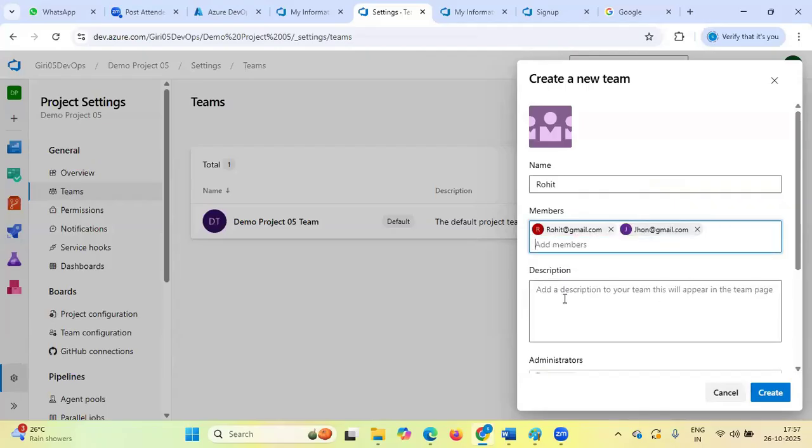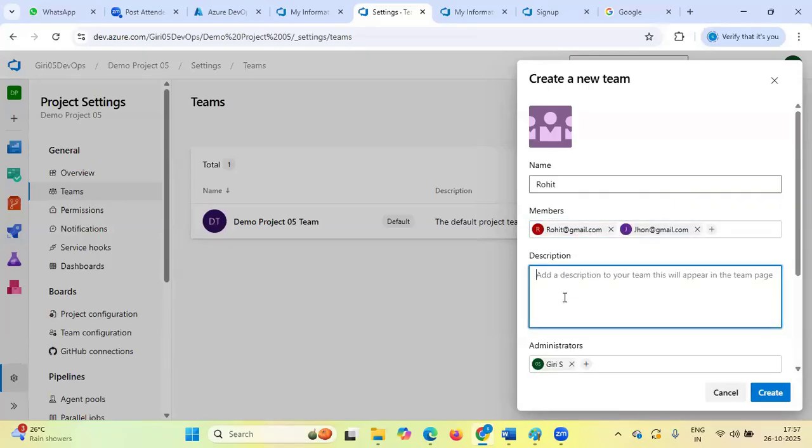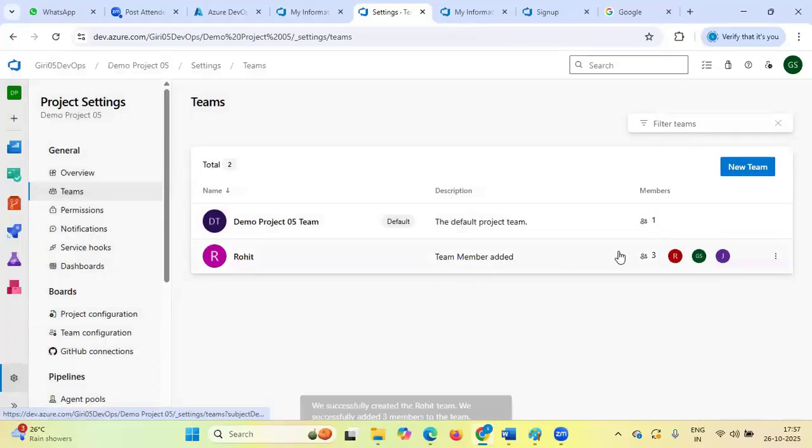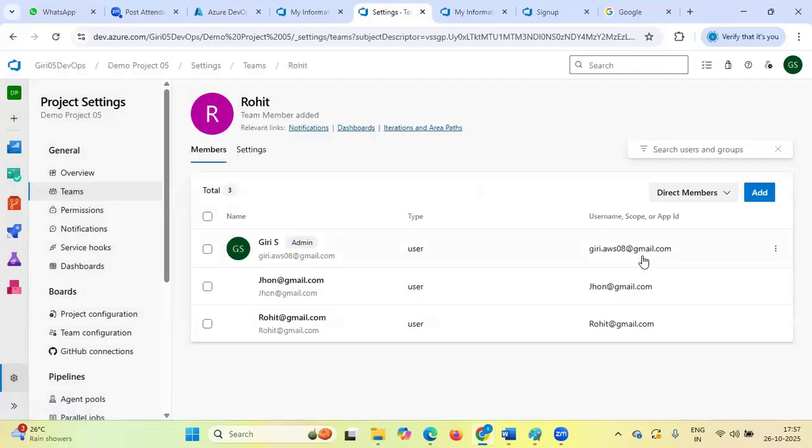You can add multiple people. Team members added, and click on create. These are the three members, right? Clear, guys?